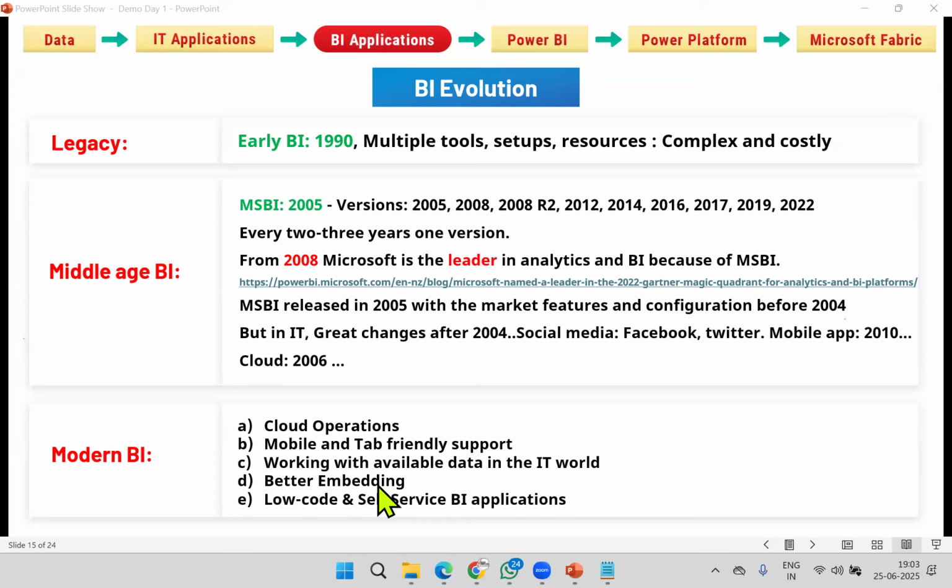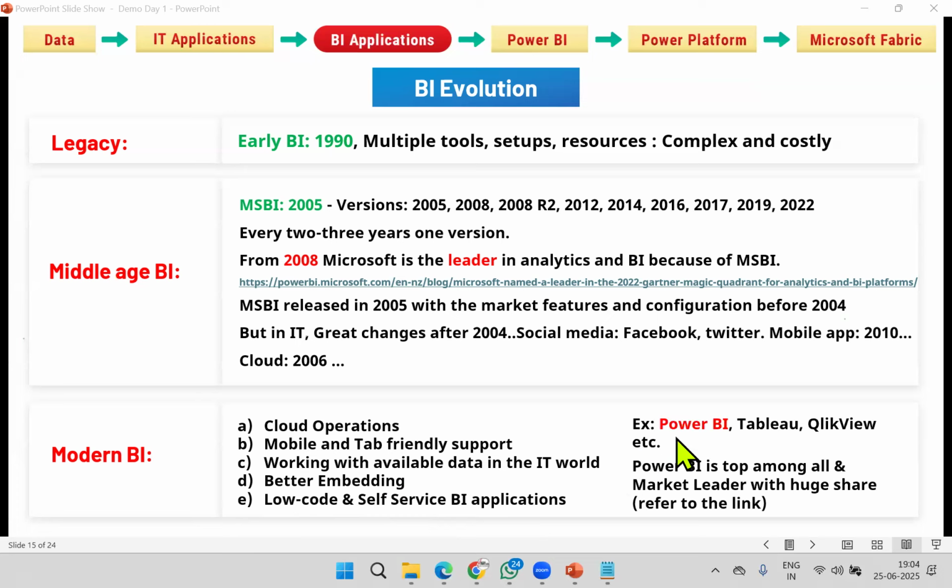The placing is called embedding. And low code, people expecting low code, and that too self-service, everything they can do in a single area. These kinds of features come under modern BI. So Power BI, Tableau, QlikView, these are all available in the modern BI. Please remember, these 3 are modern BI components, and Power BI is top and number 1 and the leader component in the market.